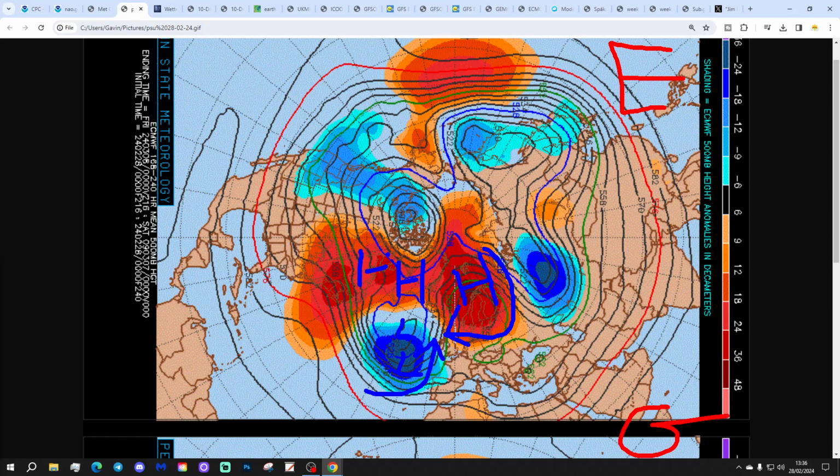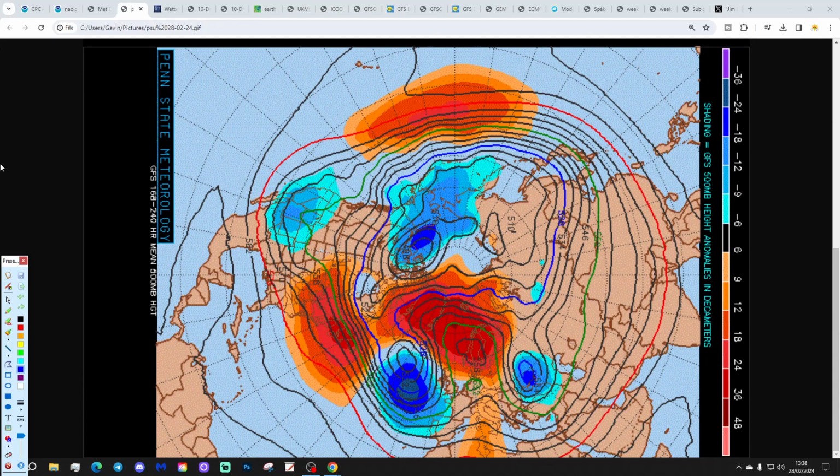And you see, we do have quite a lot of high pressure within the high latitudes as well. So this would be the reason that the AO is going into negative territory. All of that red there indicates high pressure within pretty high latitudes, and enough to start sending the AO index into negative territory. But for us, we've got a bit of a battle going on between that low pressure in the Atlantic and high pressure way to the northeast. But the GFS is very similar.